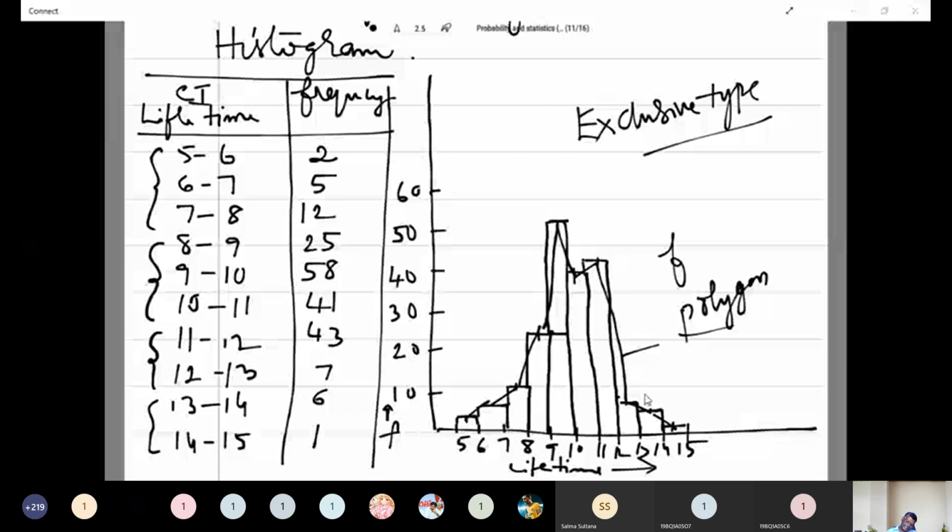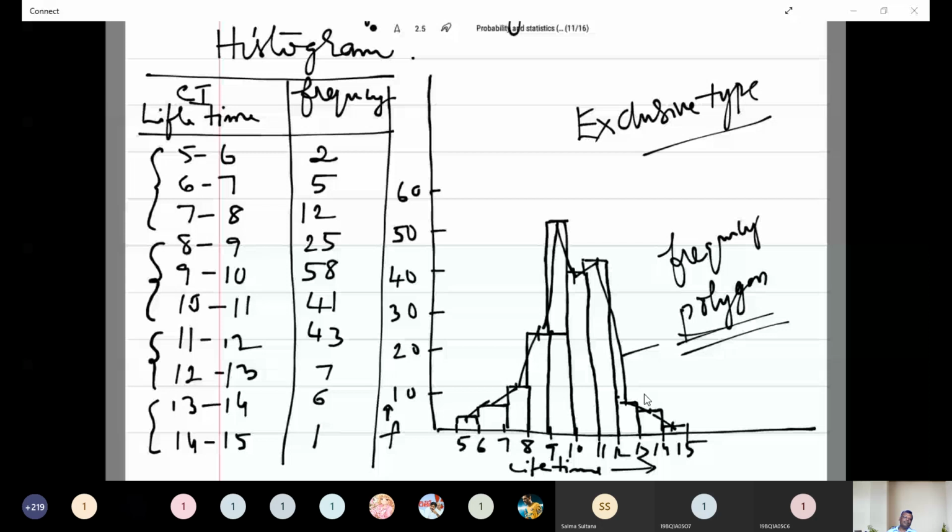While taking cumulative frequencies on the y-axis, the obtained graphs are known as ogive graphs. Cumulative forward or ascending cumulative frequency and descending cumulative frequency, taking on the y-axis and x-axis, we can find the ogive graphs. And the intersection of two ogive curves is known as, anyone? That you have to tell me tomorrow.